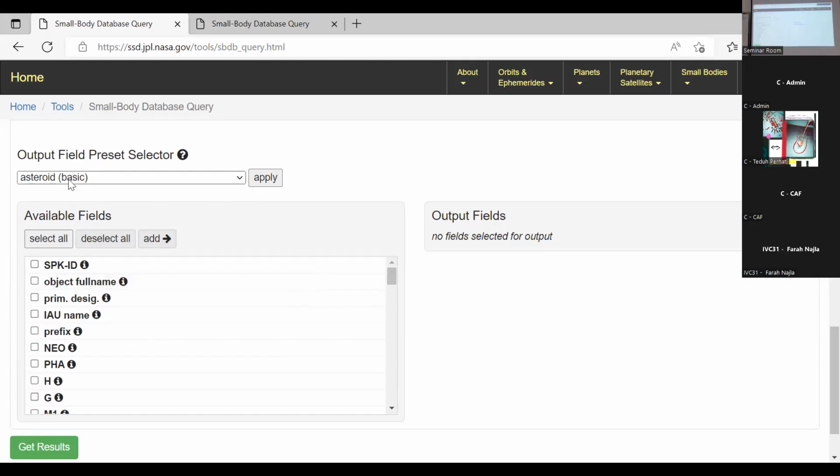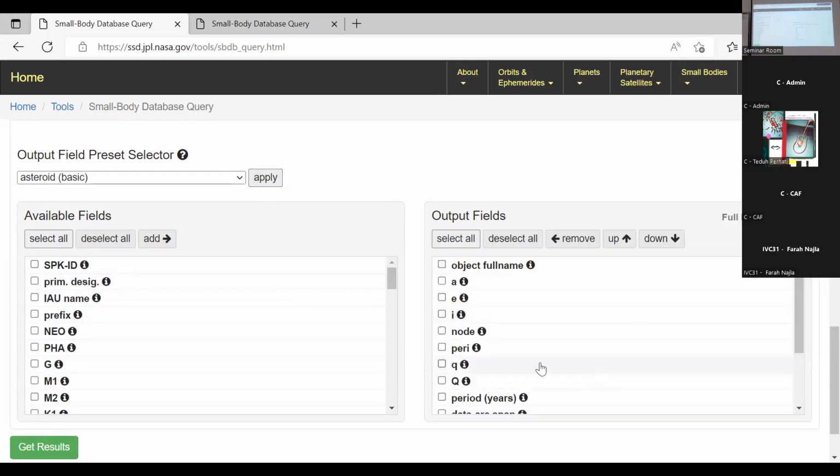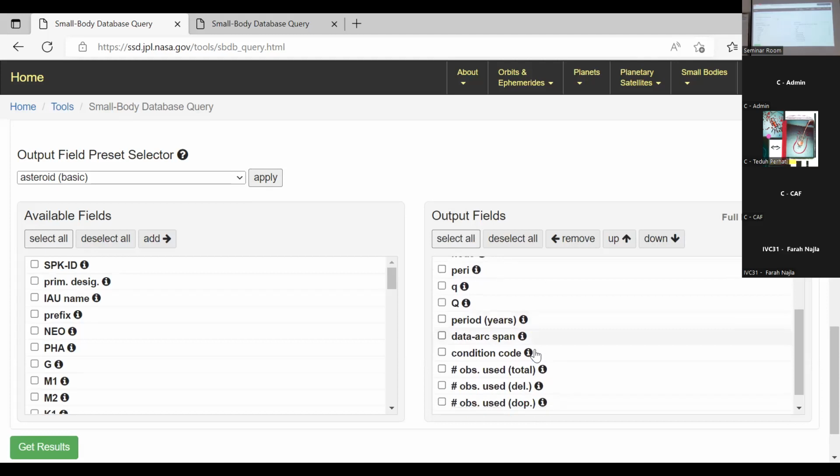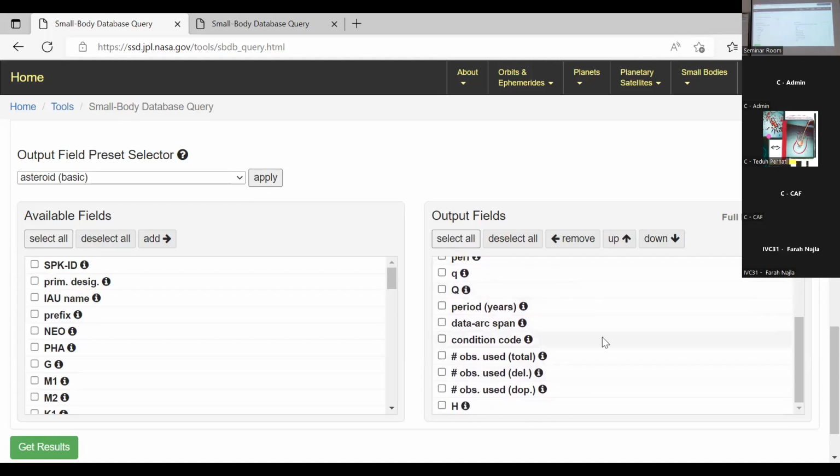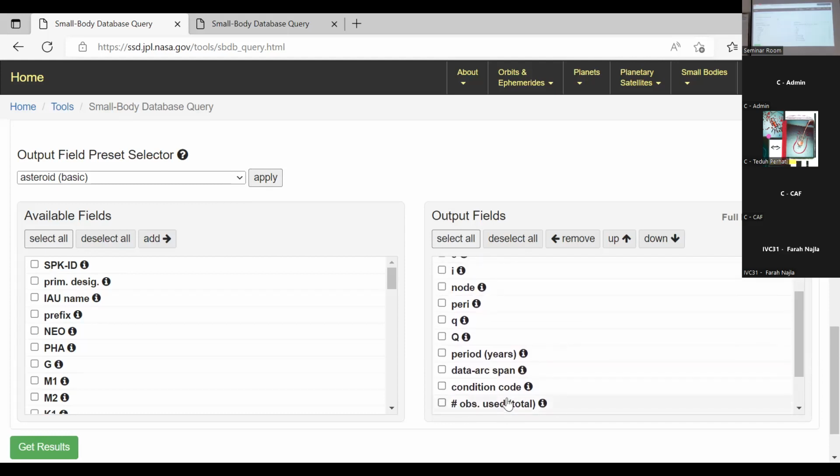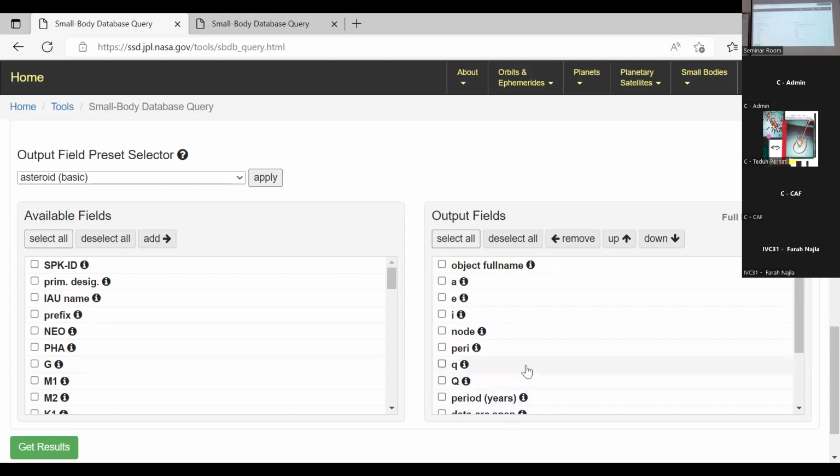This is asteroid basic, apply. If you want to choose apply, that's okay. Simple. But there are too many output fields, and you don't need them all. You just want to select 6. If you want to know the name, it's okay. A, E, eccentricity, inclination, not very.